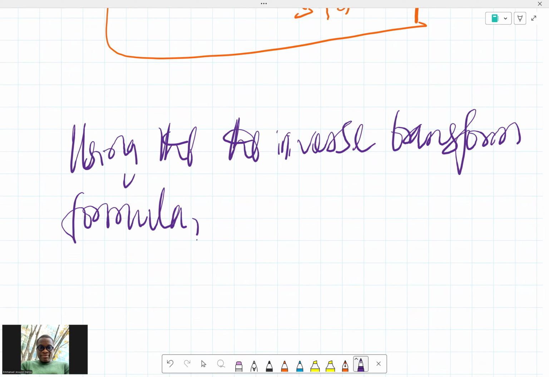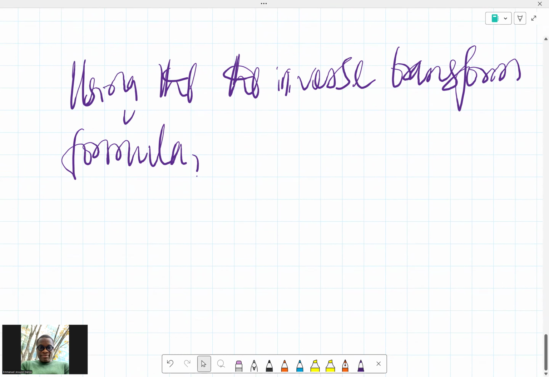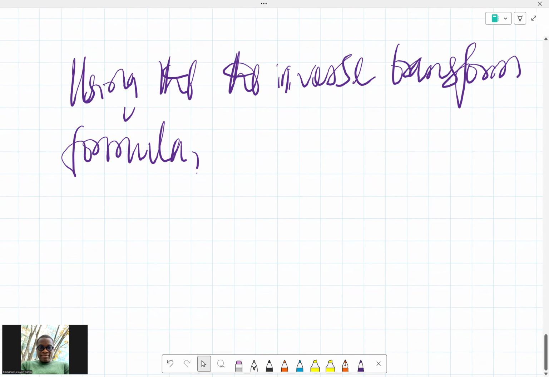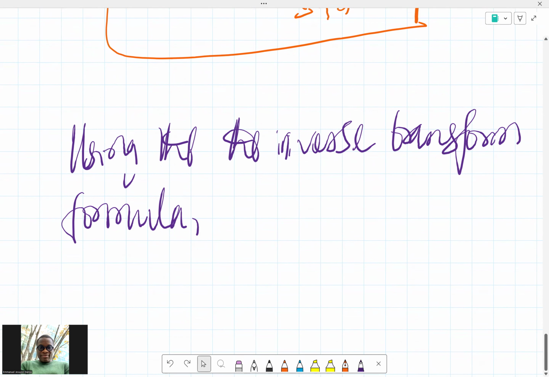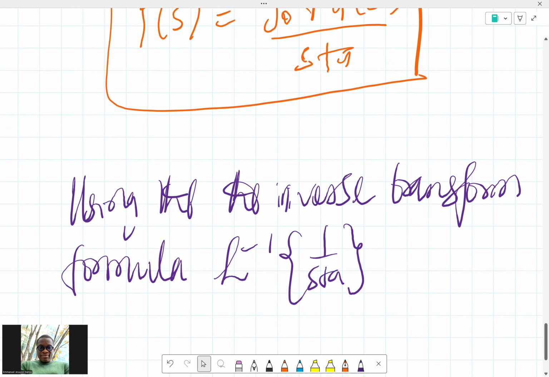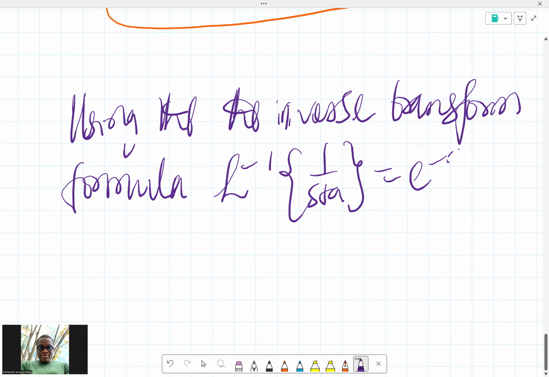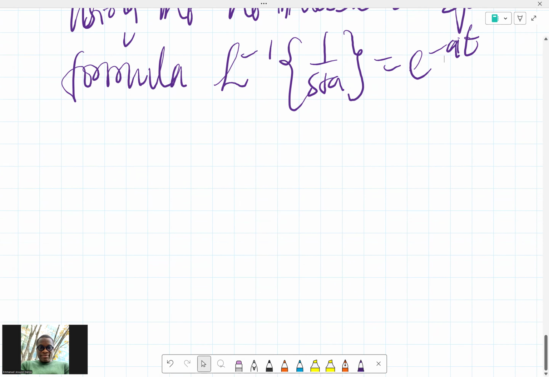So we just have, of course, the formula is actually the inverse Laplace of 1 over s plus a. We have s plus a down there. It's simply equal to e raised to minus at. So that's already obvious there. So if we use that, we get